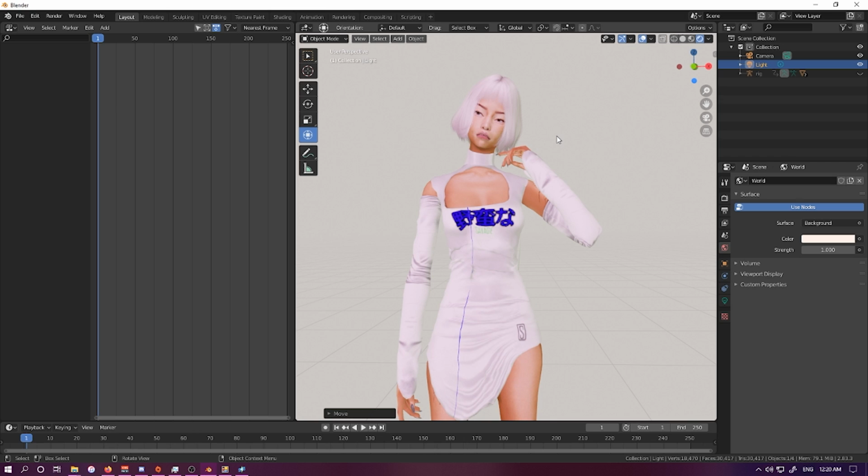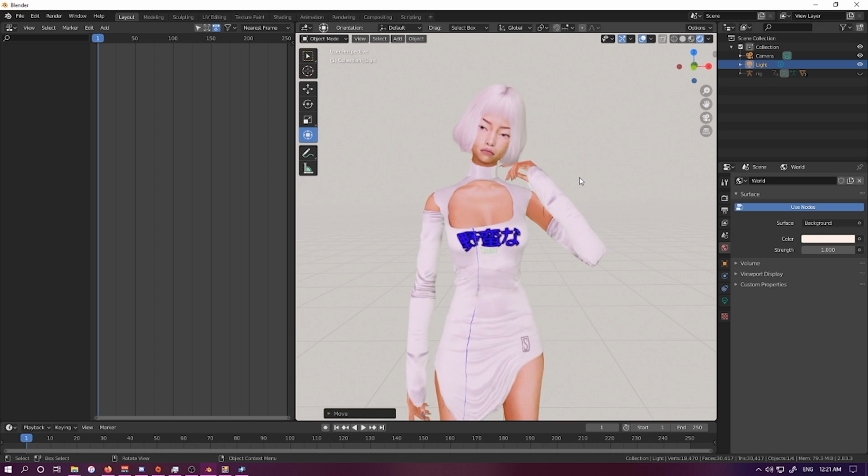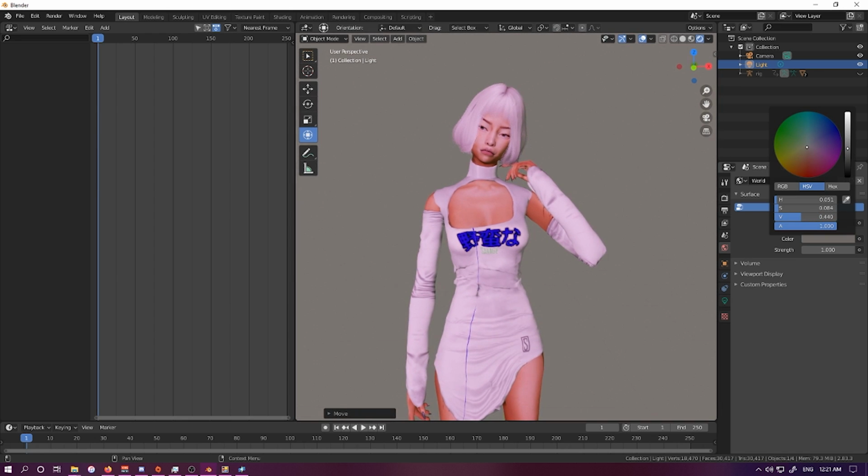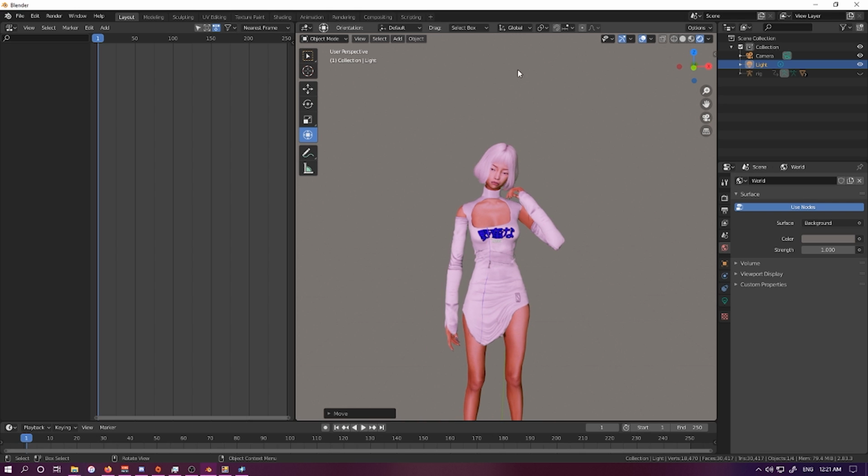And I also want to say that messing around with the world property and the background colors is going to affect how your images look. Even if you add a background, it's going to affect how the light bounces off of that background, how light or dark the photo is going to end up being. I'm gonna put this kind of back to where it was,